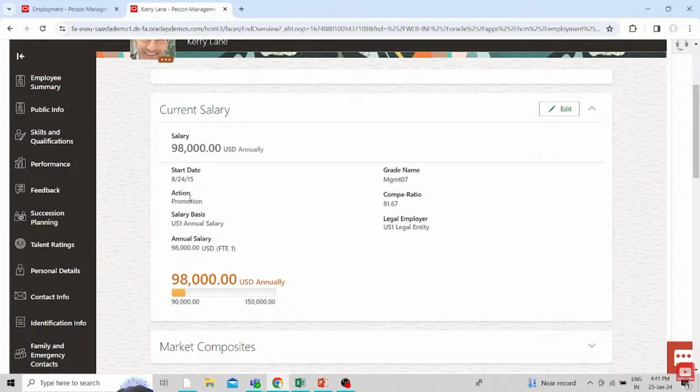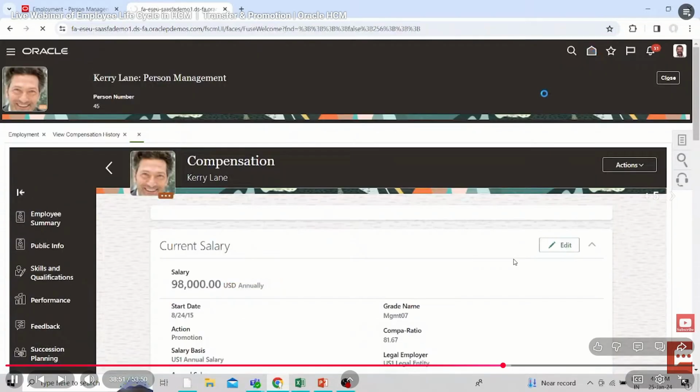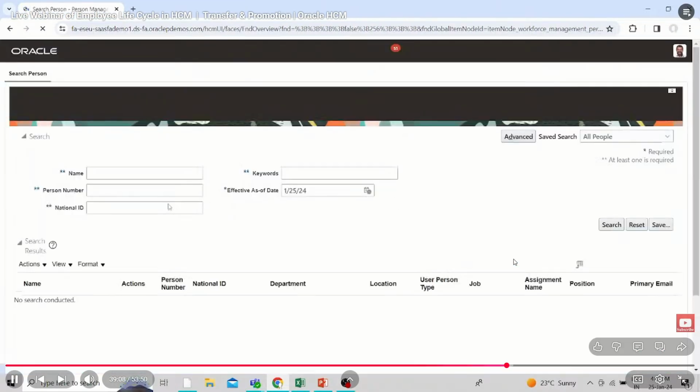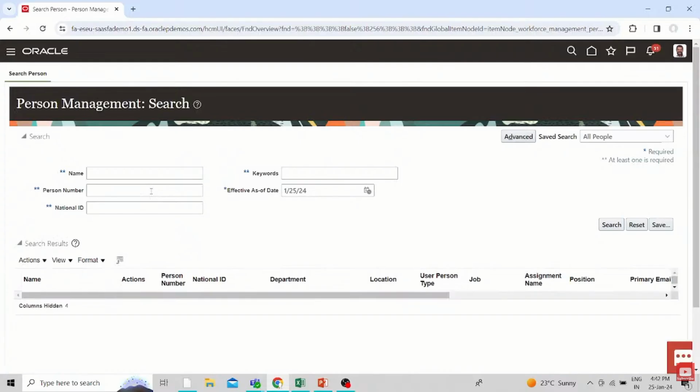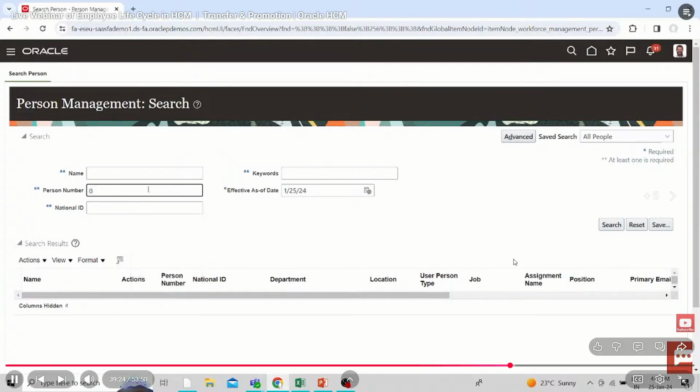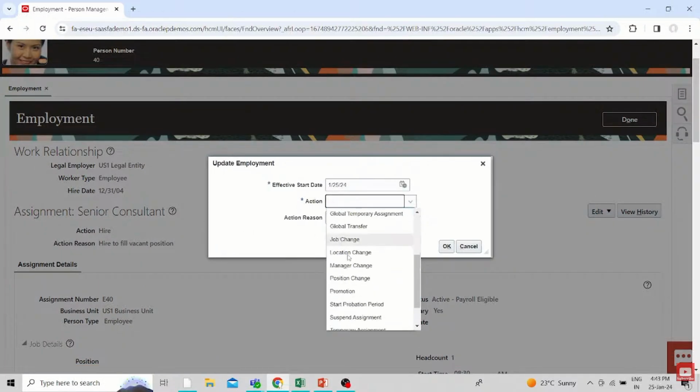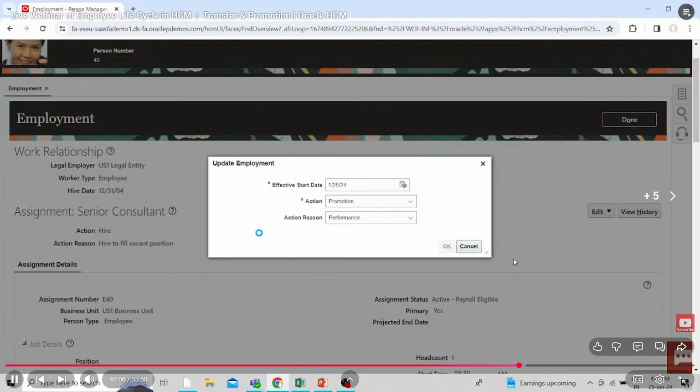So it's a salary, we change its location. Employee on employee salary, employer we can say the work relationship. Okay, so when you change the employee's grade accordingly, so its impact on employee salary. Go to the update, select the action. Here you can find the promotion. Okay, what means we